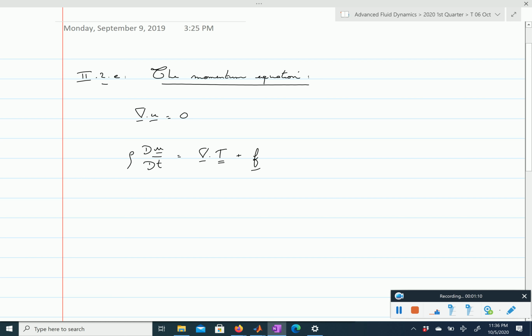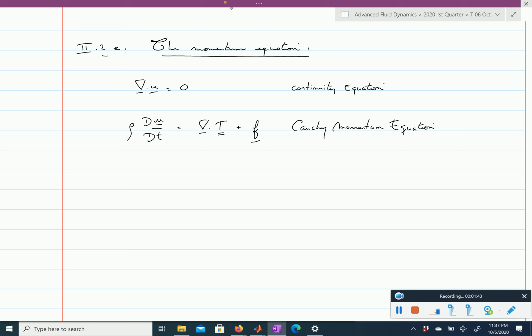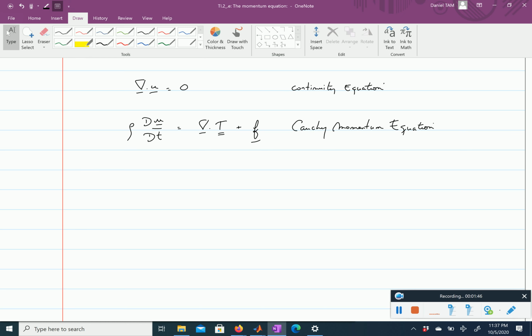Remember, this term here represents the acceleration of a material element. This term here represents the integral of the surface forces on the control surface, and this represents the integral of the body forces inside of the control volume. So those two terms together represent the resultant forces, all of the external forces applied onto a material element. So the only thing we have to do to find our momentum equation is to compute the divergence